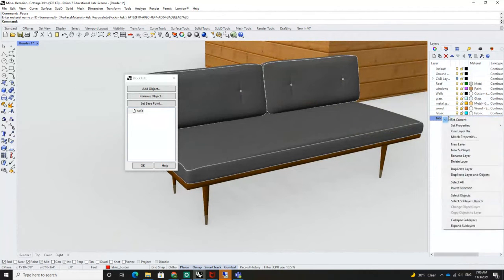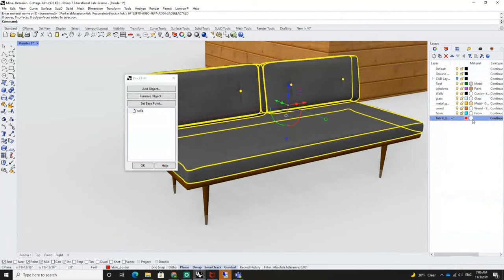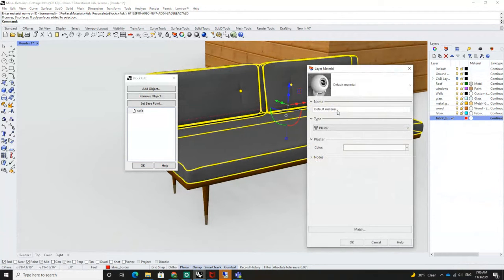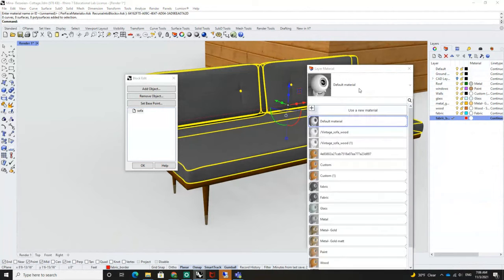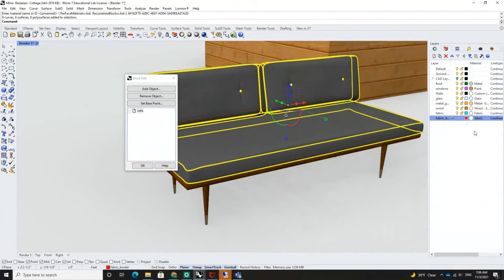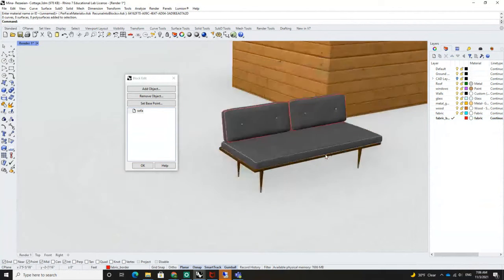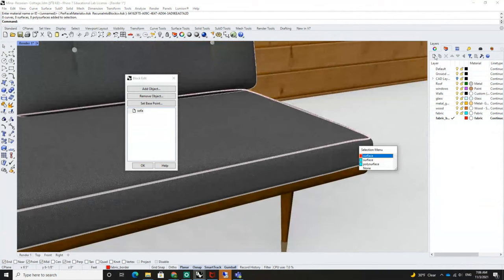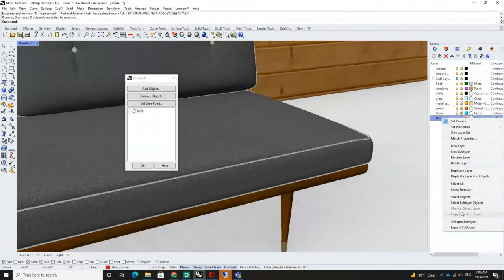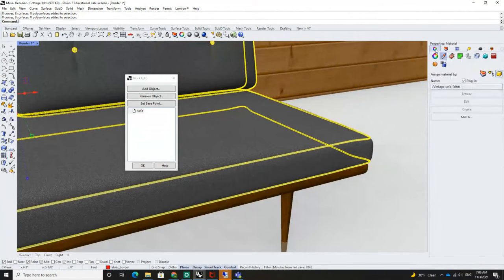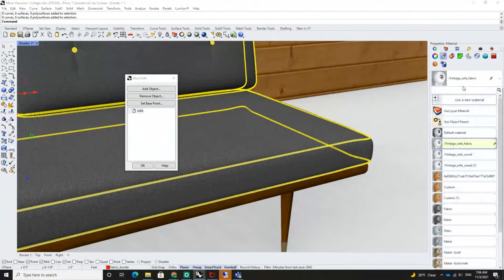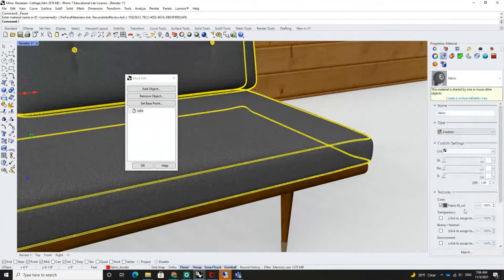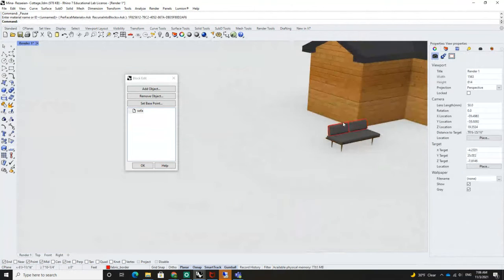We are going to use object. I totally forgot to add material to this. I'm going to select the fabric and hit OK. All right. Again, this didn't get checked in. I'm going to select that, go under material, uncheck this, find the fabric I was using, and we're good to go. Now, if I hit OK,